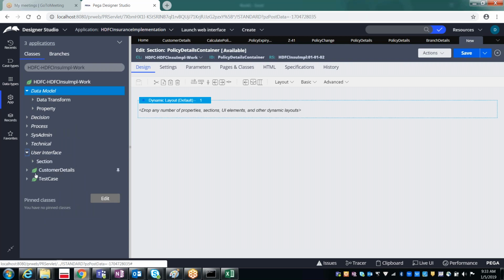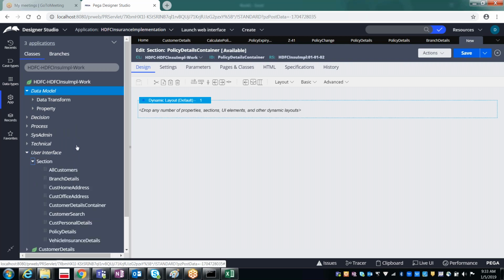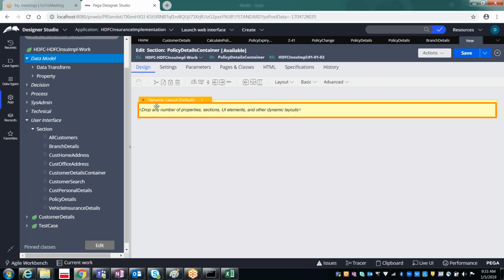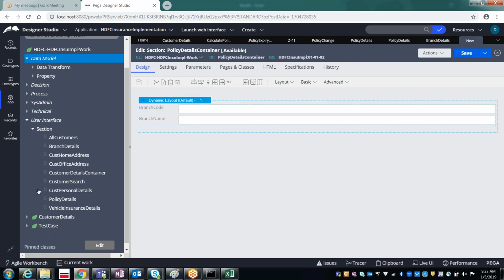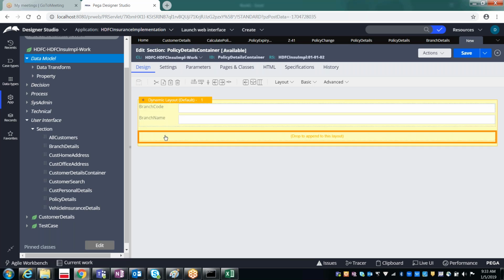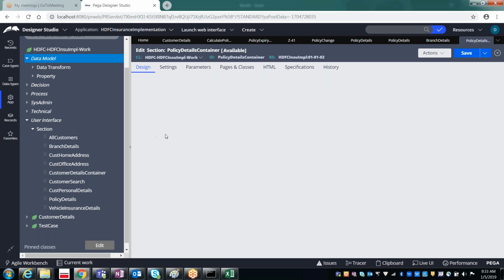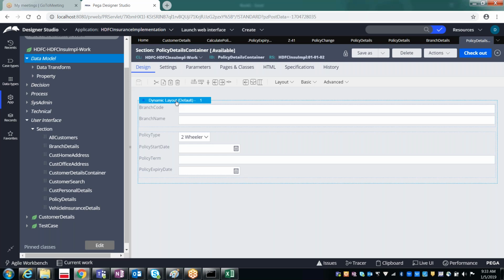Now go to user interface, sections. First I want to display the branch details and then the policy details. So now we have the container sections, one for branch and the other for policy. In case you want to have a label for this, for example for this section, you can give one.